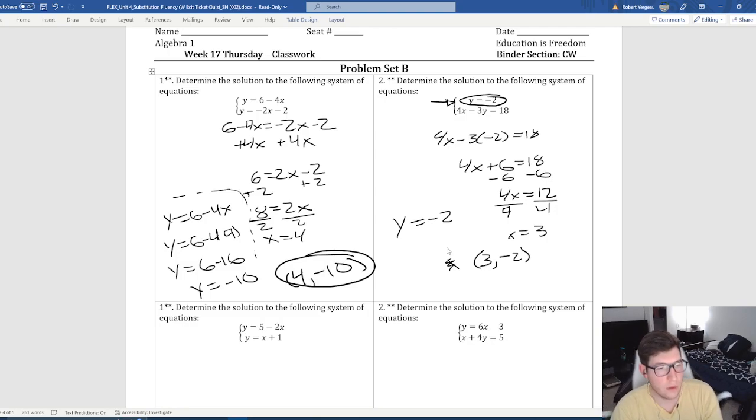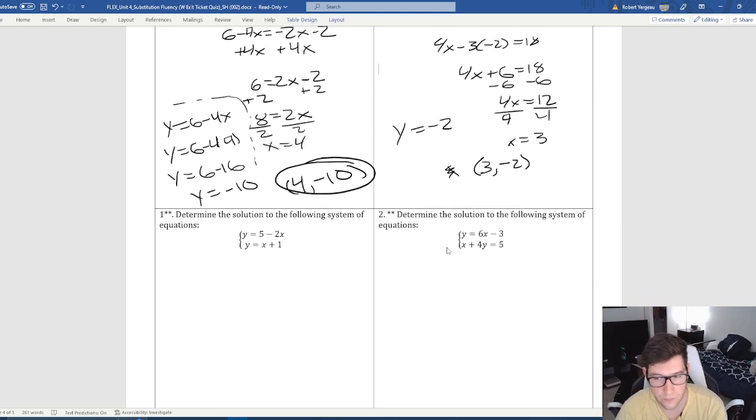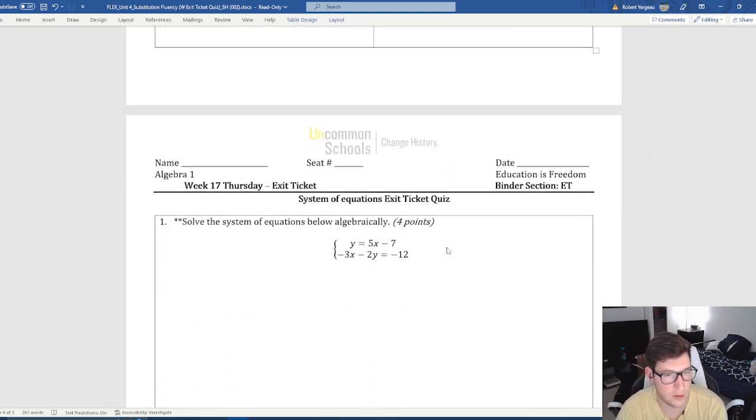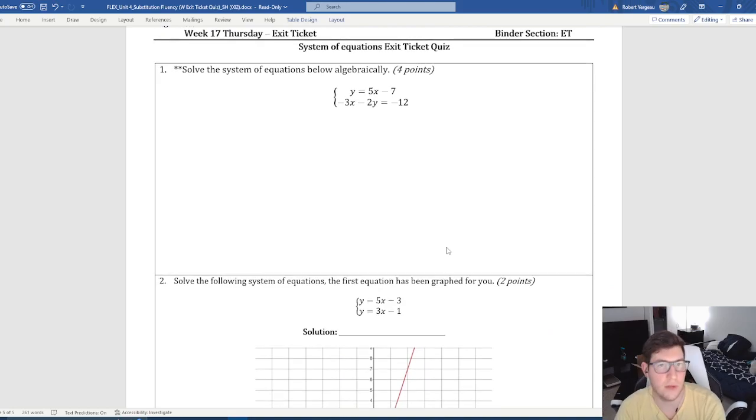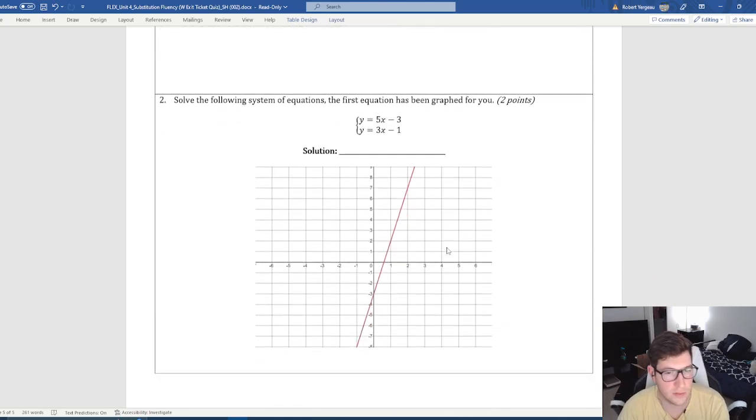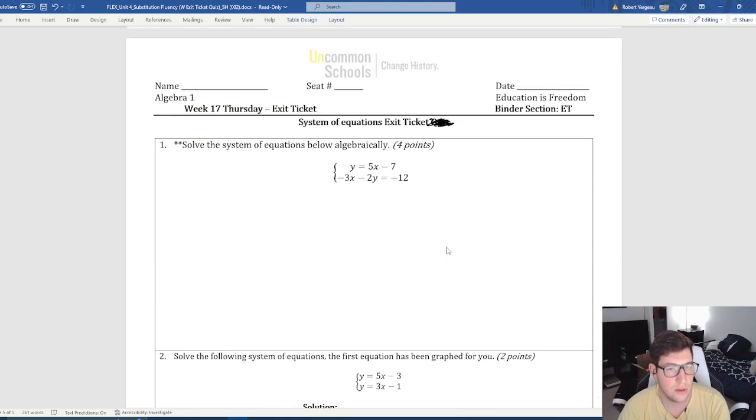All right, now, the next 2 questions are going to be done very similarly to what we've seen. If you have questions about those, I will be able to go over them on Friday, but for the sake of time, you're going to go ahead and take a look at that exit ticket. Now, I don't want you to freak out. On the exit ticket, yes, it says quiz. Don't worry, I'm not grading it like a quiz. That's just the way that the packet was set up. But I want you to go through, solve these 2 questions. This is definitely something I will be looking at. You have until the end of class. Work silent and solo,